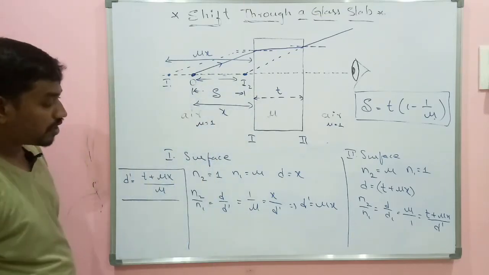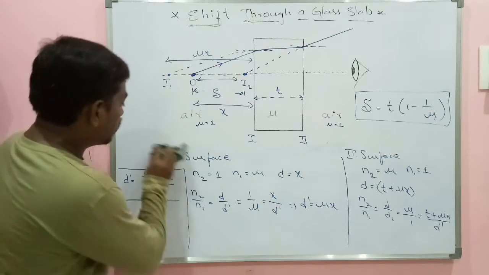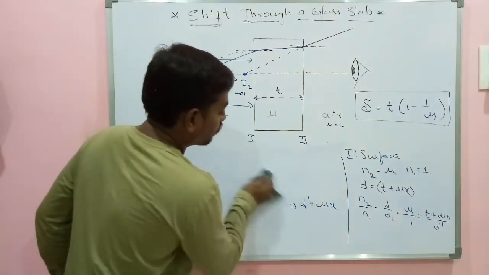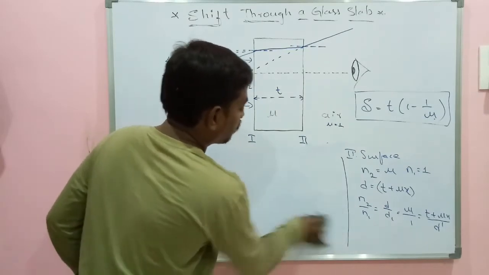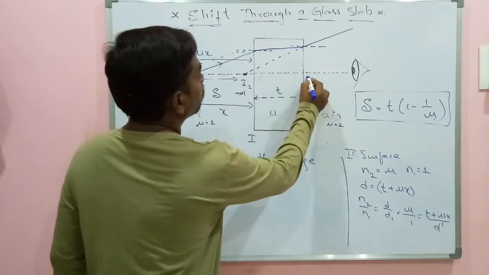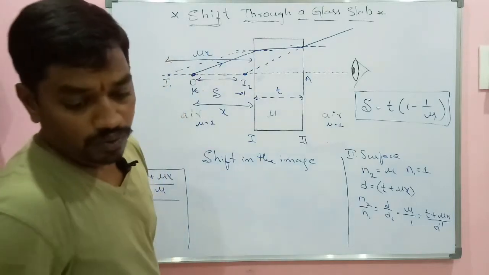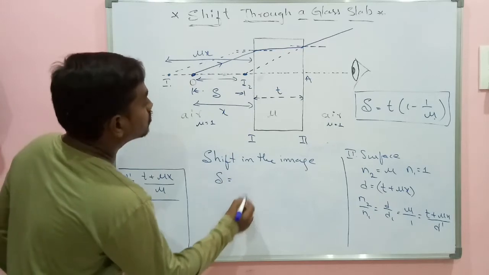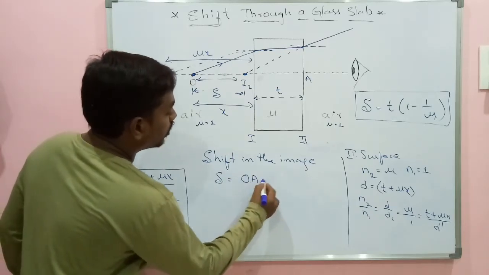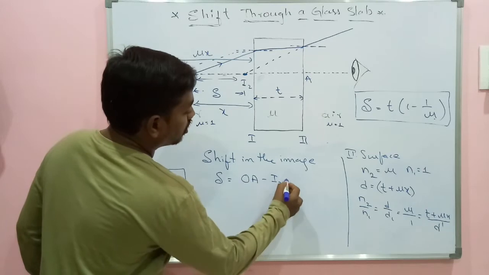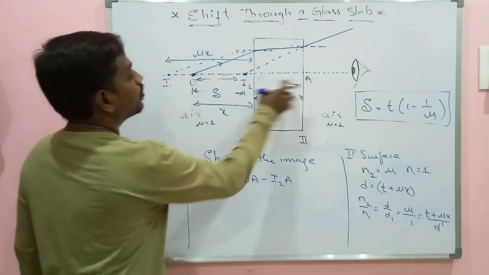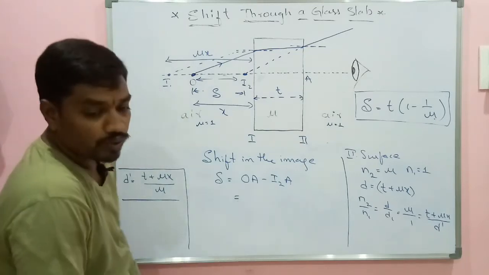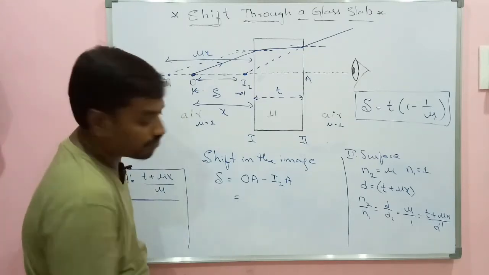So for that purpose, let this point be A. The shift S equals OA minus I2A. So this value will be, OA is x plus t